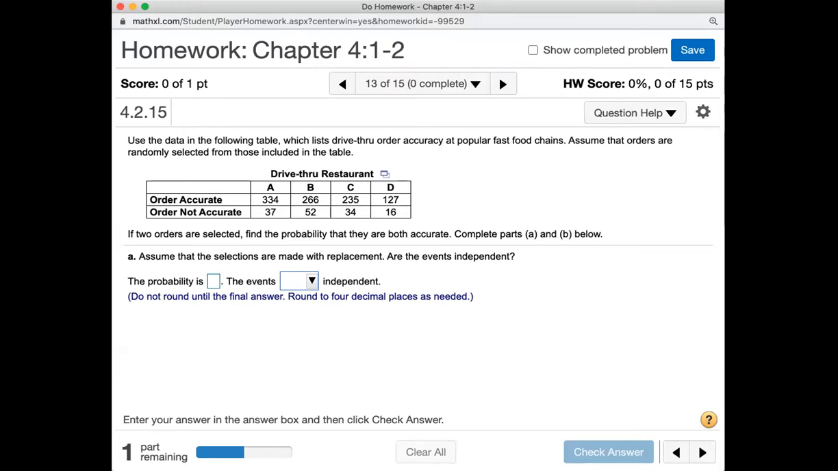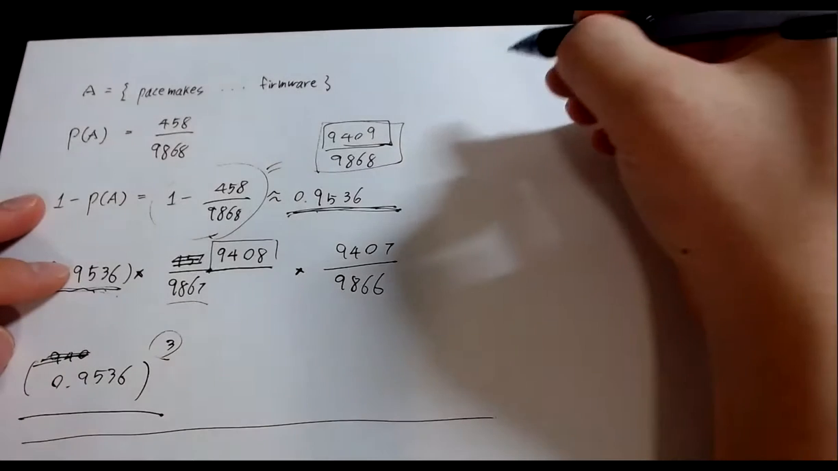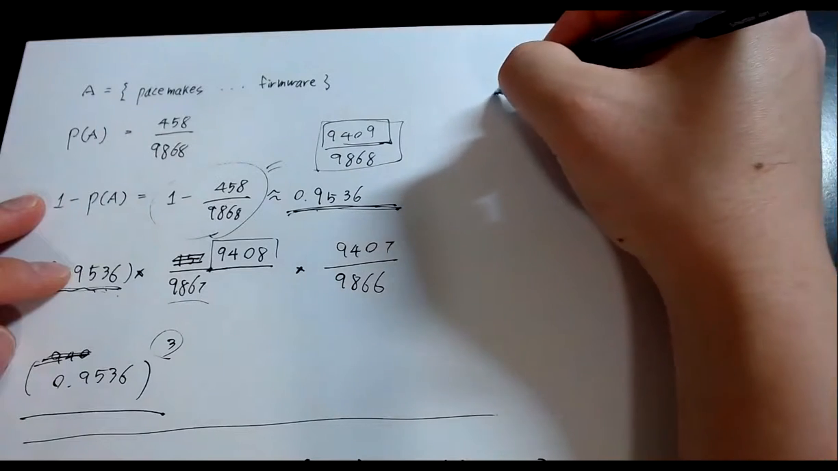Give me a second. 962 divided by 1101 is going to be 0.8737. But the problem says do not round until the final answer. Round to 4 decimal places as needed. So let me figure out the answer on the scratch paper. Give me a second. So we have 962